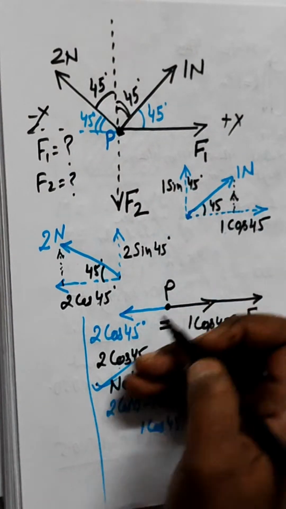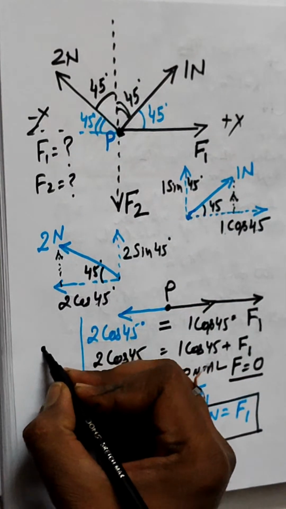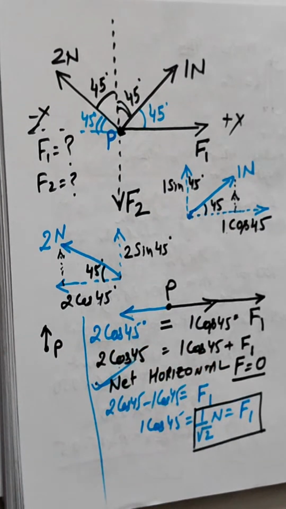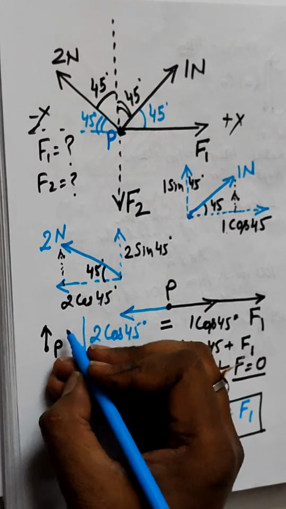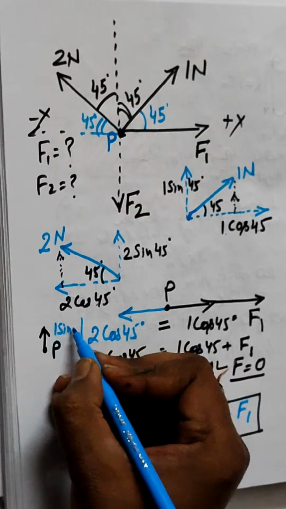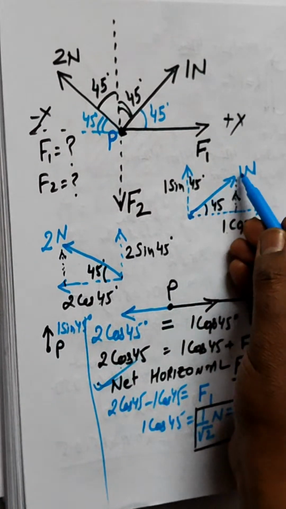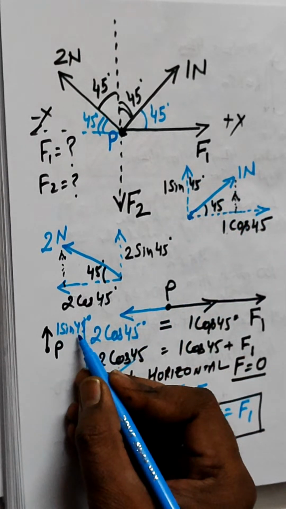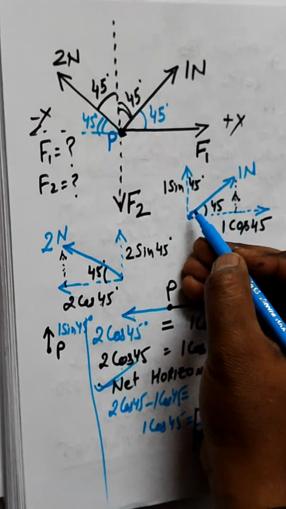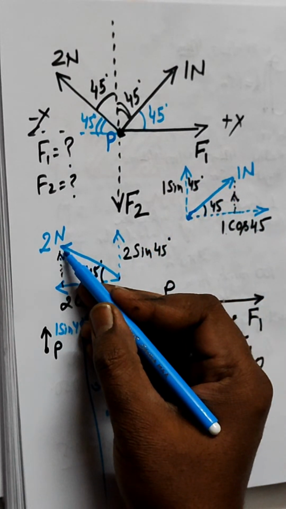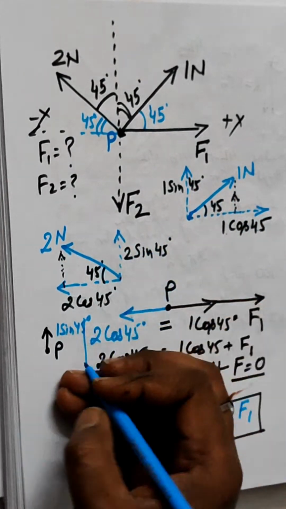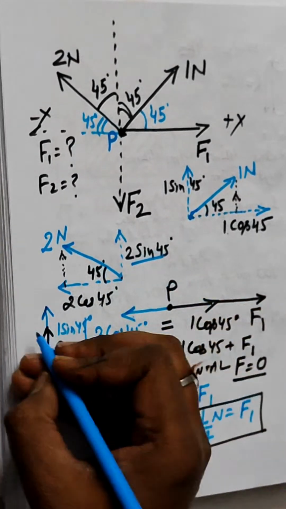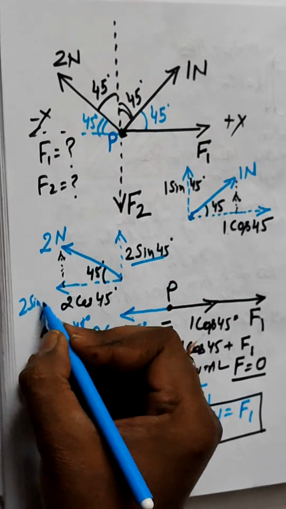This is 1 sin 45 from P, the component of the 1 Newton force acting upward. So I'm writing it over here. And another force component, that is the component of 2 Newton acting vertically upward. So another force will be this one, 2 sin 45,